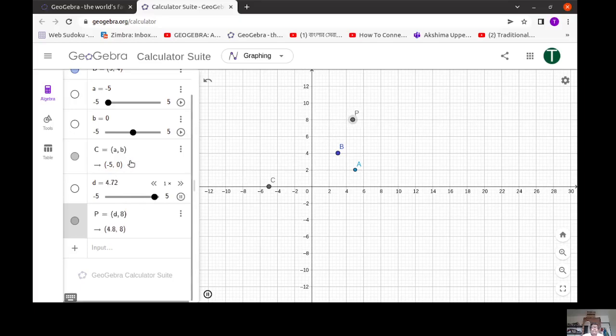So a slider can be created at any stage whenever you feel, or even if you write some object with some variable which has not previously been defined, GeoGebra creates sliders automatically. I will stop here now, and I hope you have understood it, and we will go to our next lecture